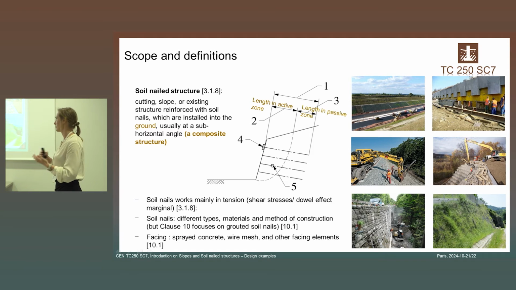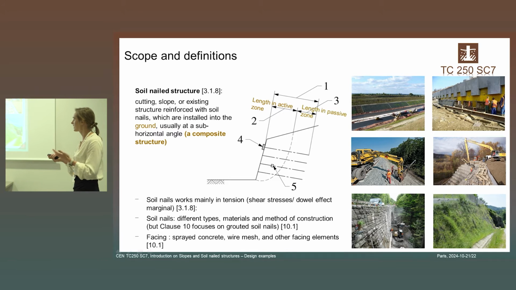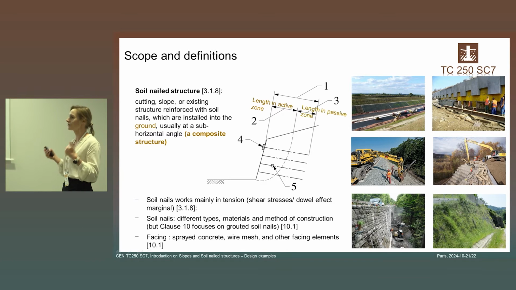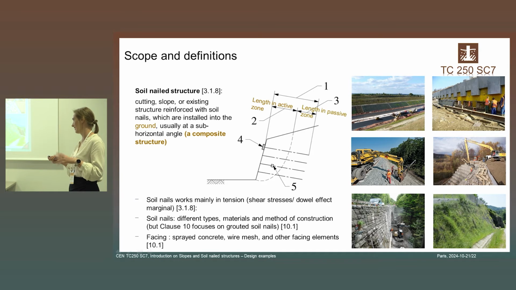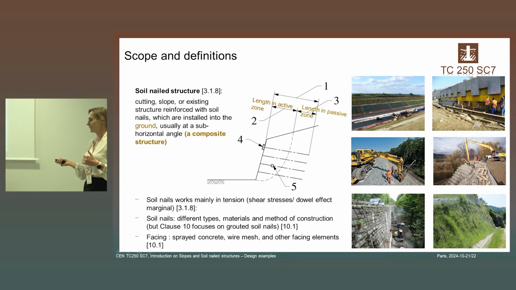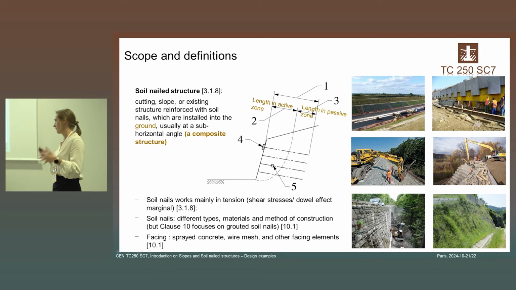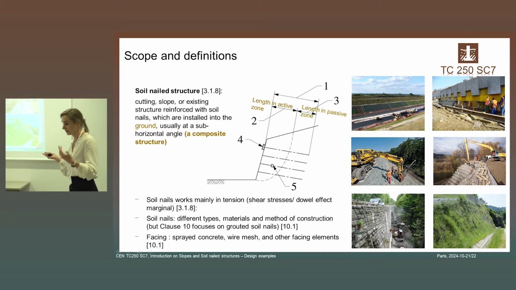Again, we start with the basics. So soil nail structures are cuttings, slopes, or existing structures reinforced with soil nails, which are installed in the ground. I will note three things. They are installed in the ground. It means not only soil, but also rock mass and fill. There is no limitation regarding the material or the technique by which the soil nails are installed, and the same for facing. The facing systems covered in clause 10 are sprayed concrete, wire mesh, or other facing elements, including